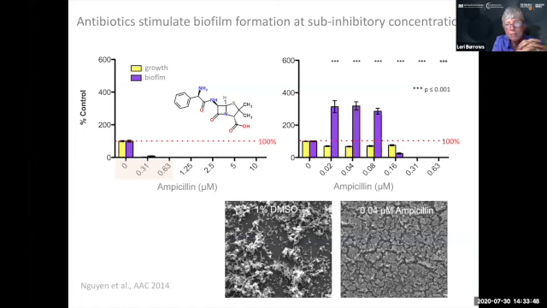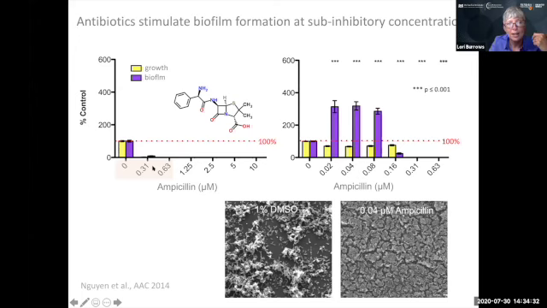So I'm going to just mention briefly some of the initial studies that we did that alerted us to this biofilm stimulation phenotype of antibiotics. So this is an example of a very common antibiotic, ampicillin. And when we do drug screening in a high throughput screening environment, you can't screen every drug at every concentration. So typically we would screen drugs at a concentration of 10 micromolar, which you see at the end of this first graph here. And for ampicillin, that is a pretty high concentration because the MIC for ampicillin, the minimal inhibitory concentration, is down at 0.3